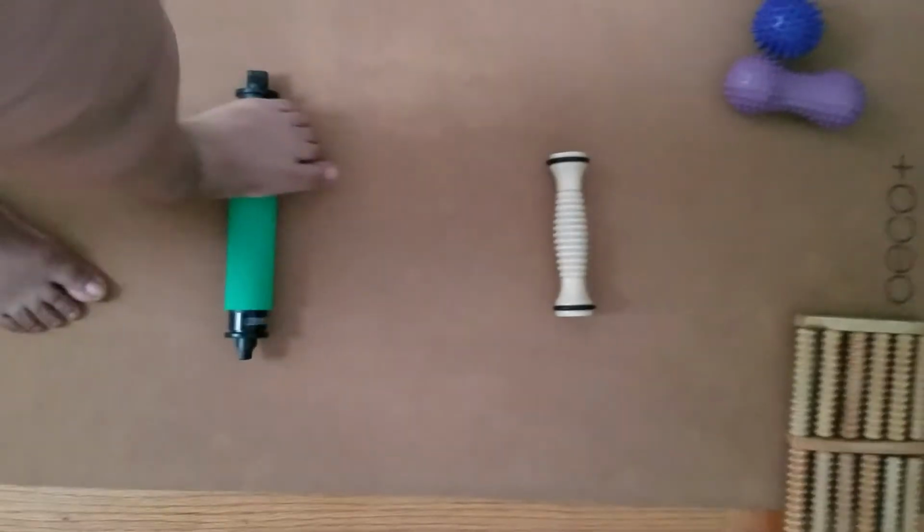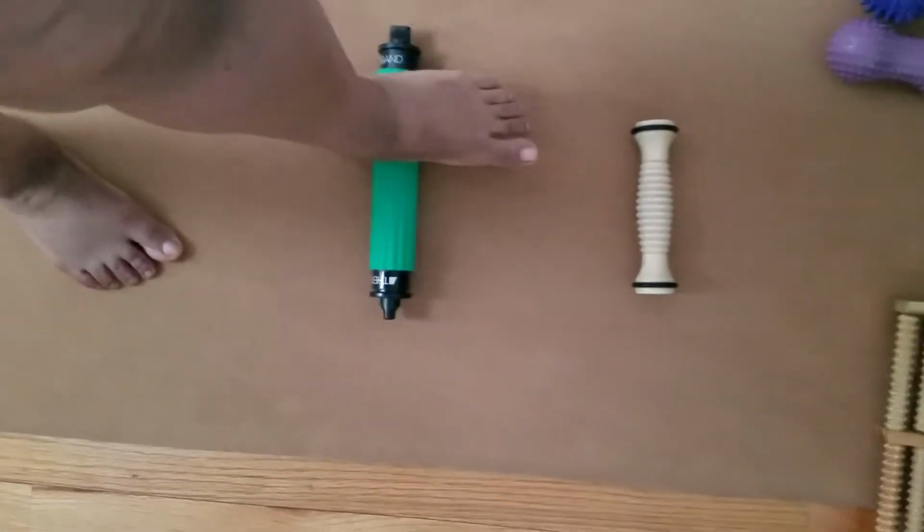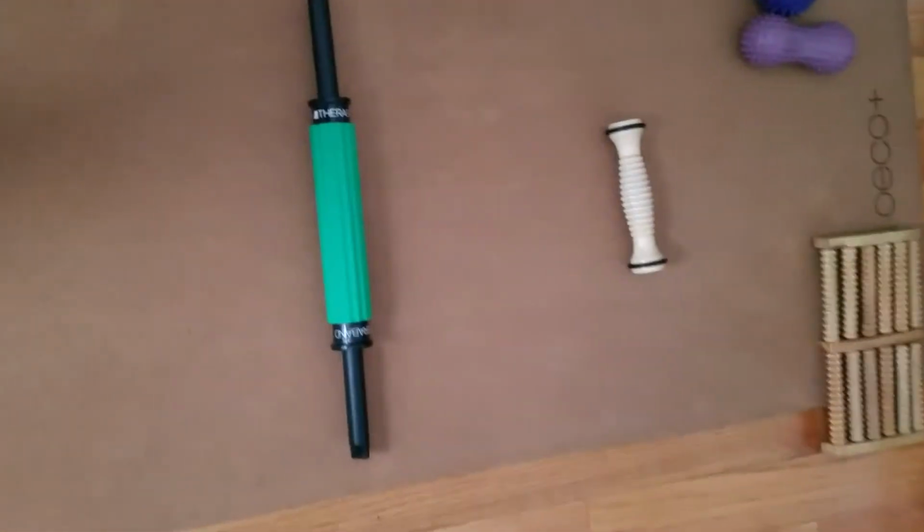If you ever use a foam roller, that's what this is. Foam roller on a stick. And the sides actually pop out. I'll try to show you. Sorry. So the sides actually pop out like this, so that it can roll your leg or whatever. Foam roller on a stick. It's gentle, but these ridges here, they're super hard, you know. They have some give, like if you press into it, there's some give to it, but